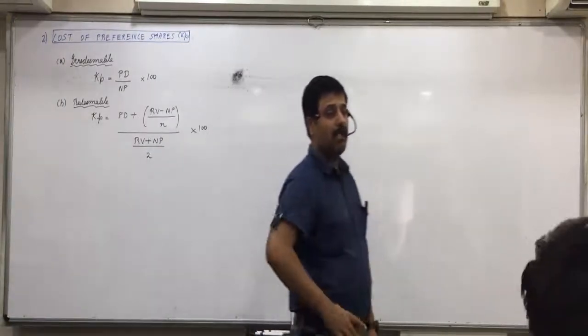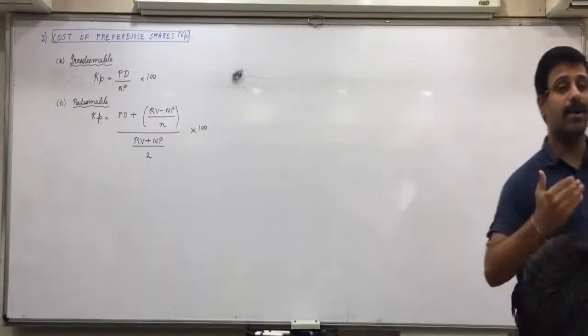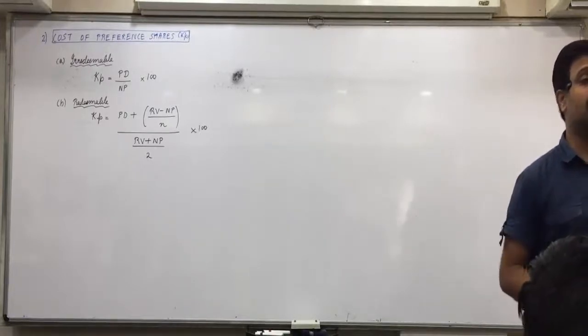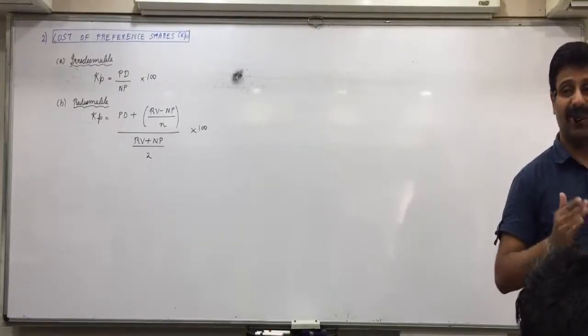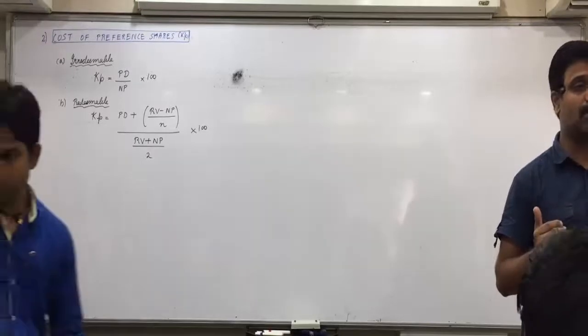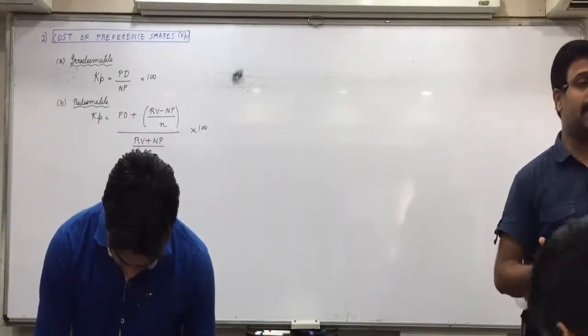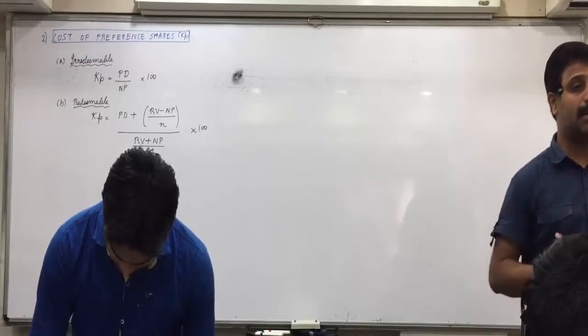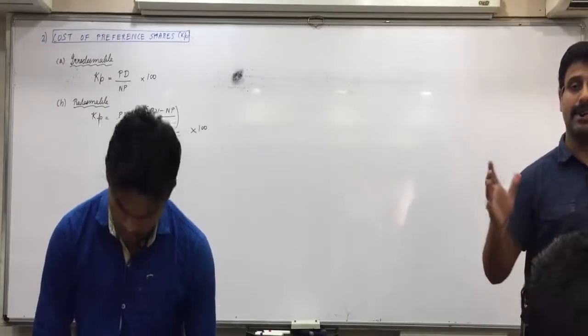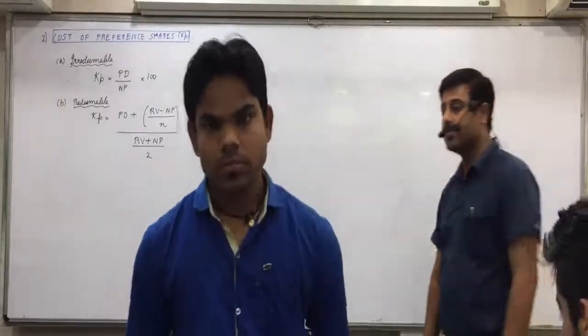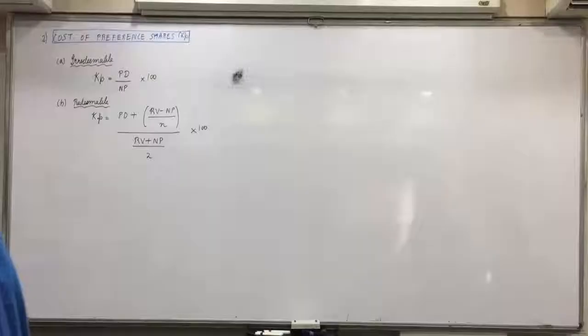So the only point to remember is, instead of interest, the cost involved here is preference dividend. Secondly, preference dividend is not a tax deductible expense, so 1 minus T will not be done. Yesterday we did not mention the details, what is I, what is T, what is NP, etc. So below that write down as a note all of them.